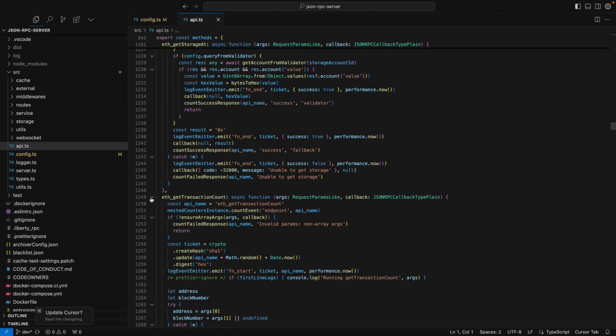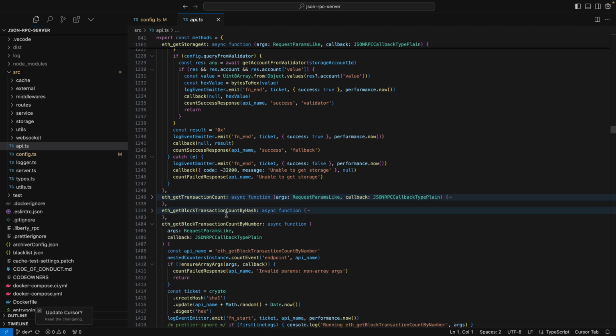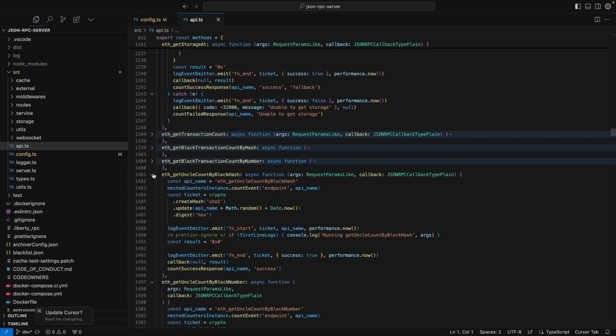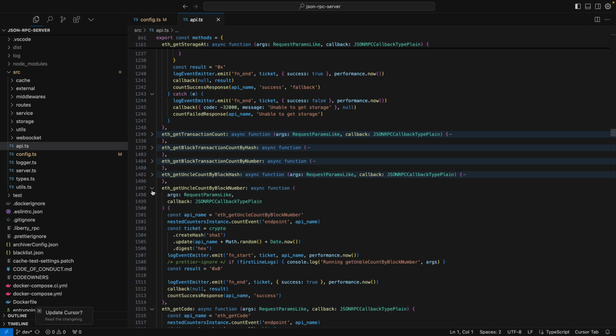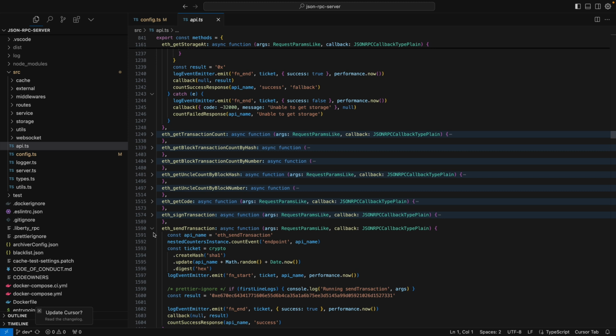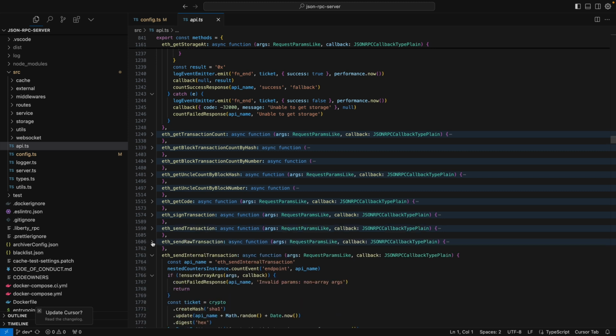So yeah, you can see we have transaction count, we have get block by transaction count, and what else? But actually all of those EVM methods are defined in this file. See get code, sign transaction, send transaction for when we want to send a transaction. All of that is happening in this file. And what we really want to do today is add a new method to this file that will give us the ability to